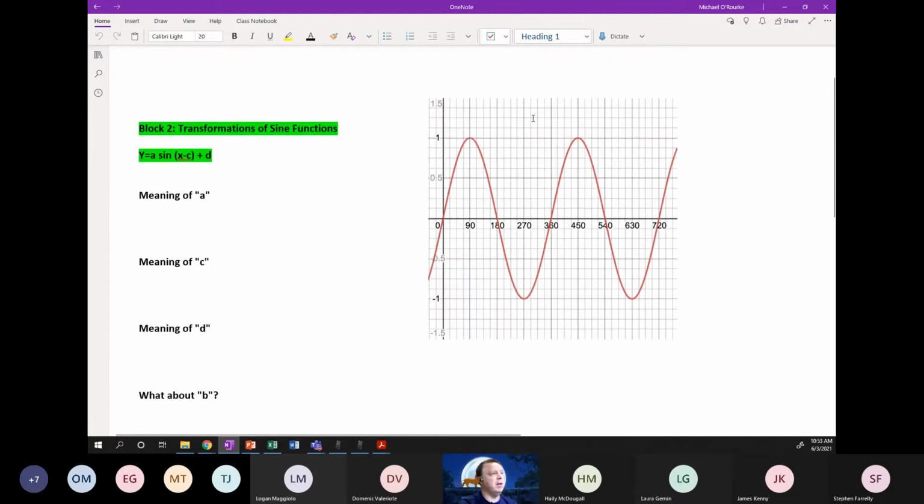So, a couple things you need to know about a sine function, okay? This is what they call the parent function. And the parent function just means all the other graphs are designed from this. Right,